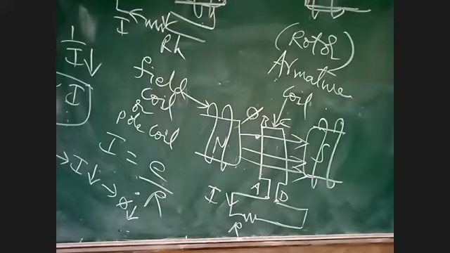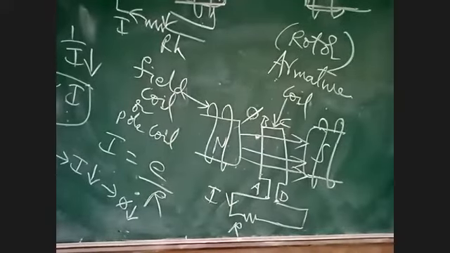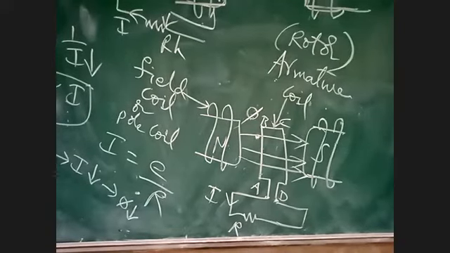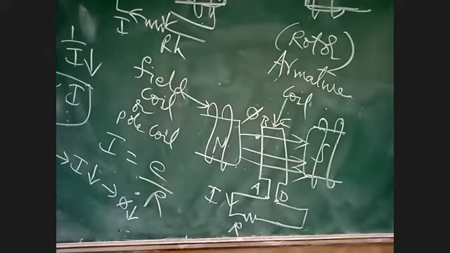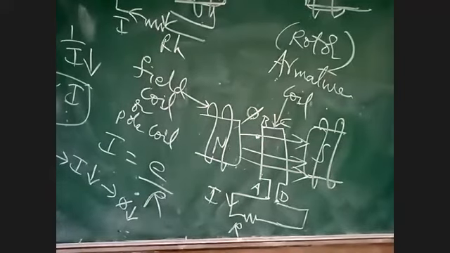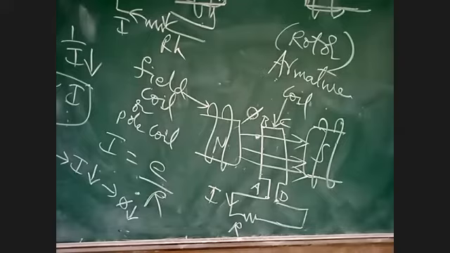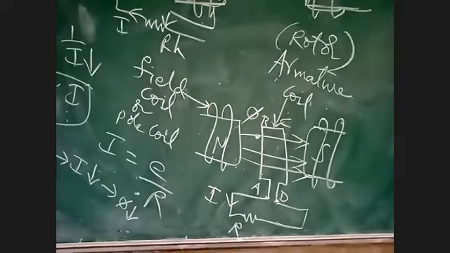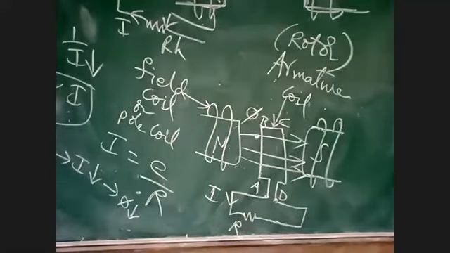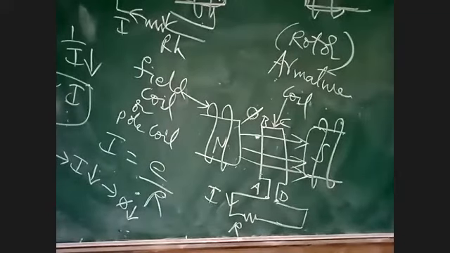Sir, cannot we use permanent magnets? We can use permanent magnets, that is not a problem. But the field coil is necessary, because the speed is related to flux. If you use a permanent magnet, the flux is constant, so you will get only one speed. We can't change the speed of the machine. If you use the coil, we can increase or decrease the flux. If flux is increased, see here.